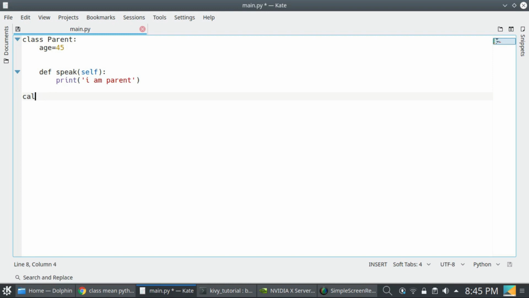Class child, where child is the name of my class and parent is the class I am inheriting from. So now I am inheriting from the parent class.